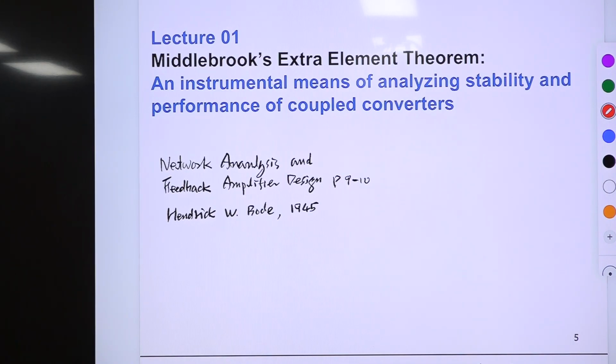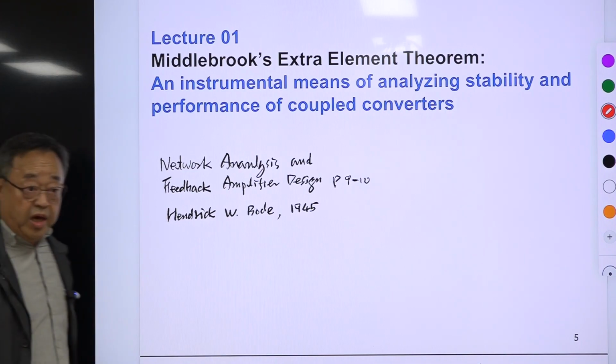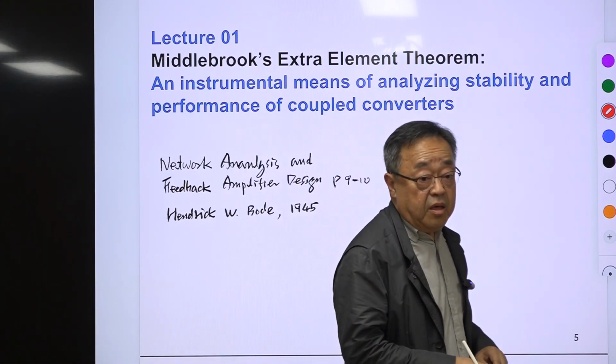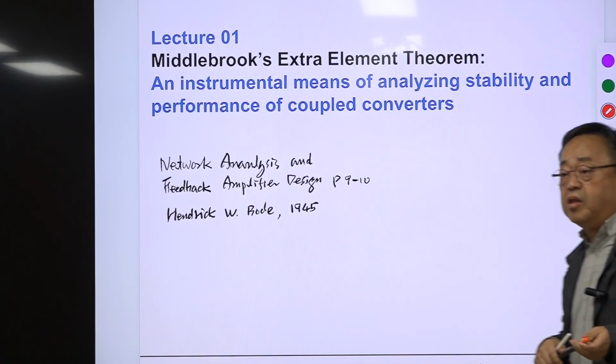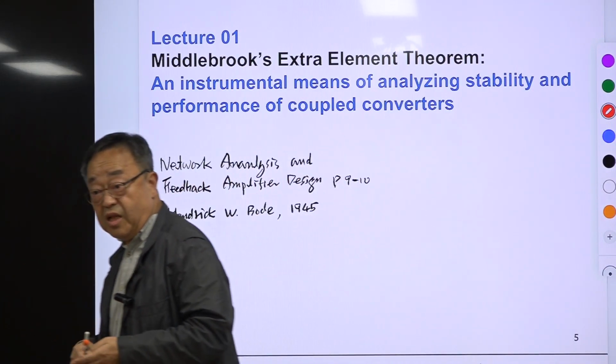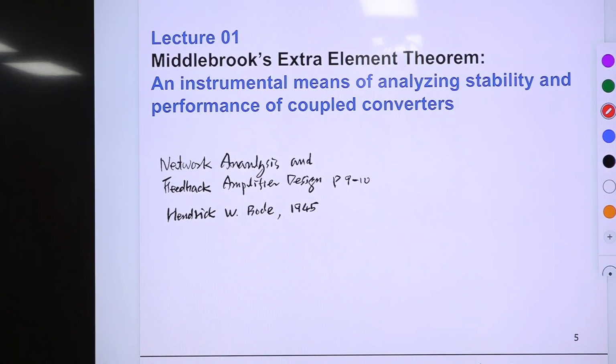This one is also very significant. It has maybe the second biggest impact on power electronics, but the original work was developed by Hendrik Bode, the Bode plot guy. He made many contributions. He was the man in the era of World War II, and he developed radar and some missile systems, and the defense against the missile system, the V1, V2 from Germany. So he was very famous, and at this time he wrote one book.